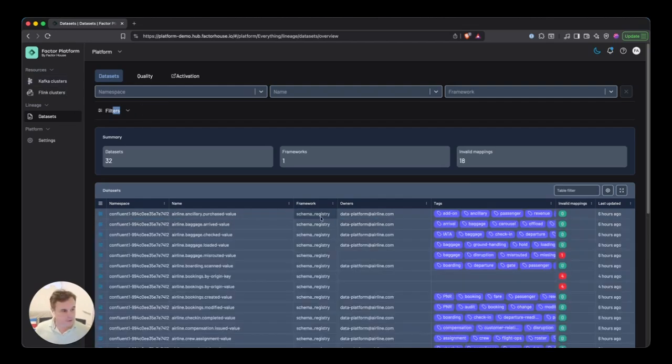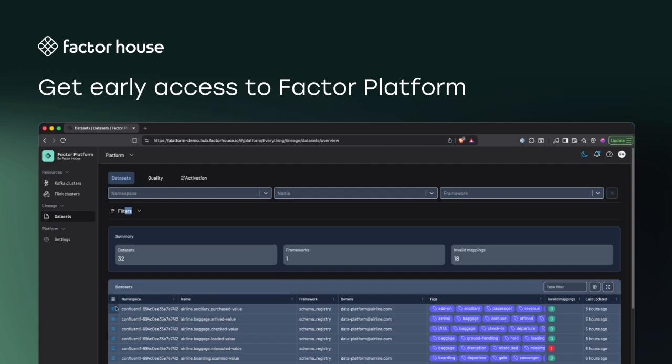I think the best part of this is that there is no new technology that we've needed to add to our stack to enable this open lineage metadata. We already had a schema registry, and just by annotating data into the schemas, we can start tracking